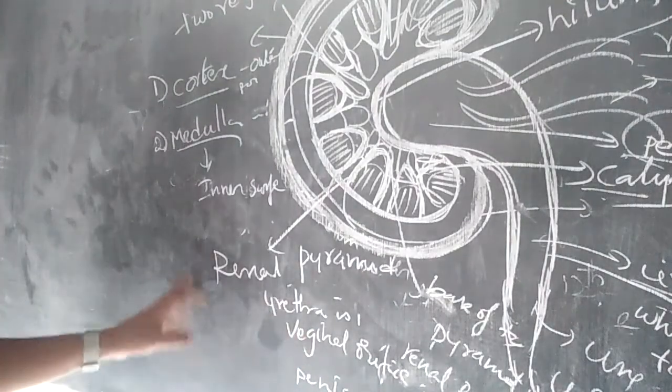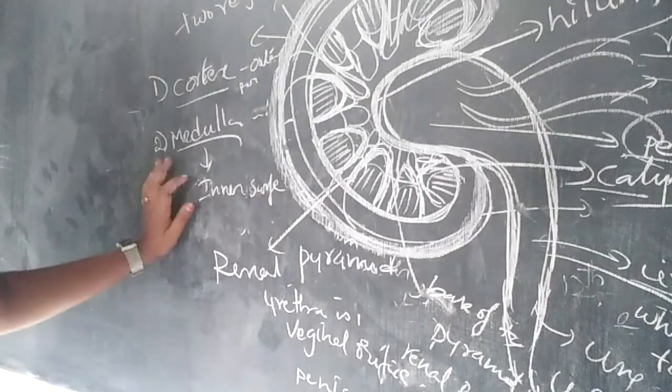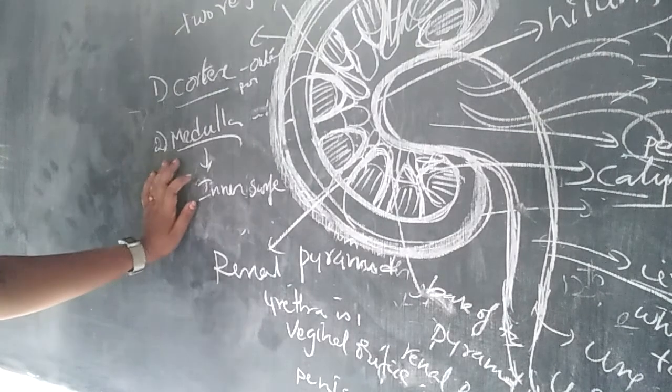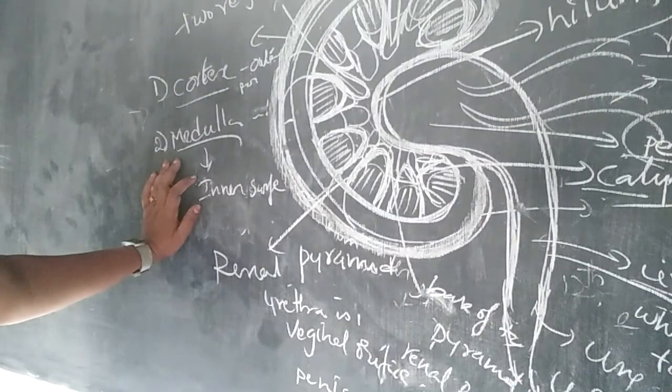So these are the main points about the ureters, urinary bladder and urethra. And the next topic is the structure of